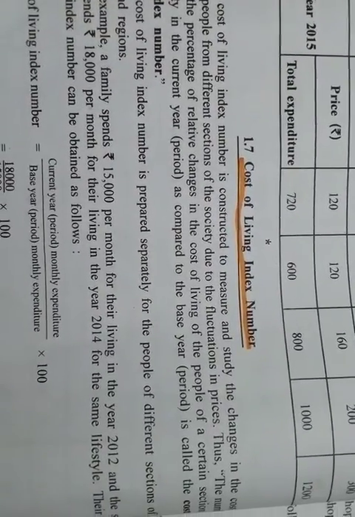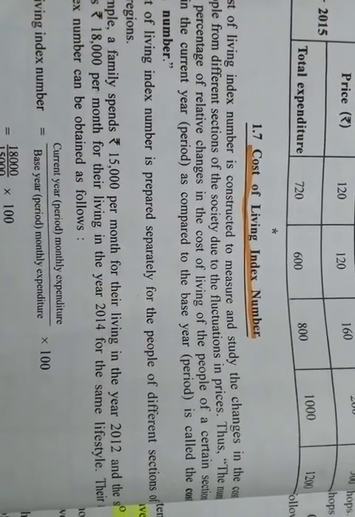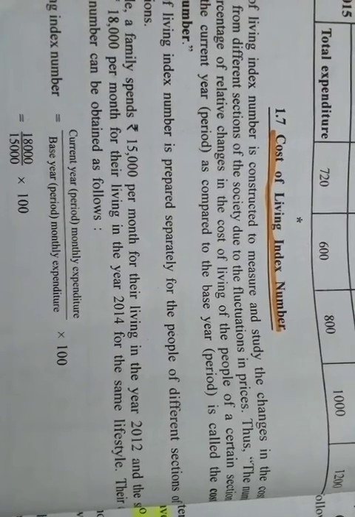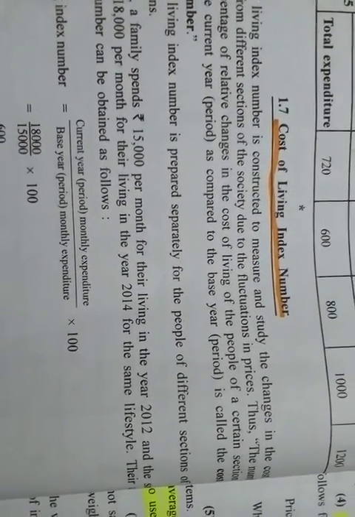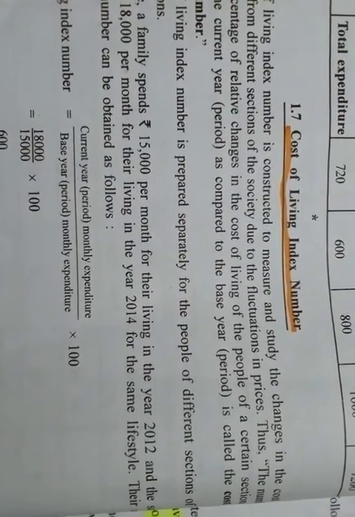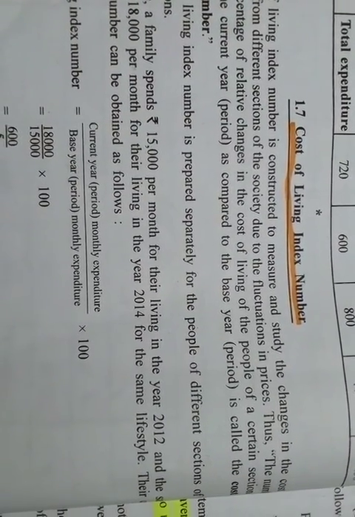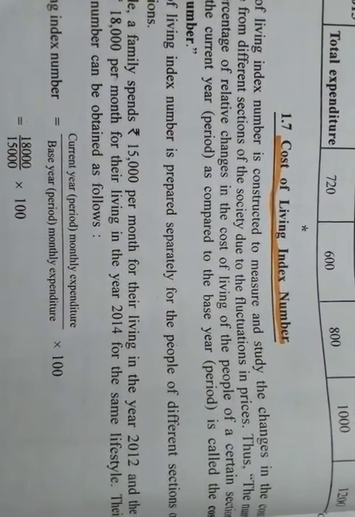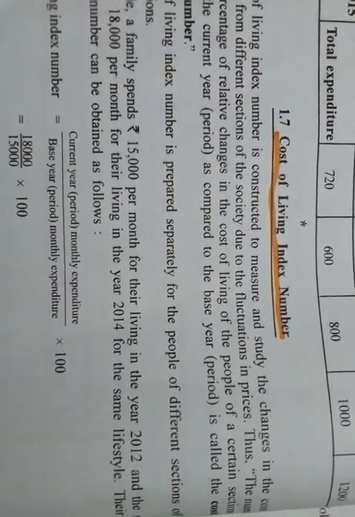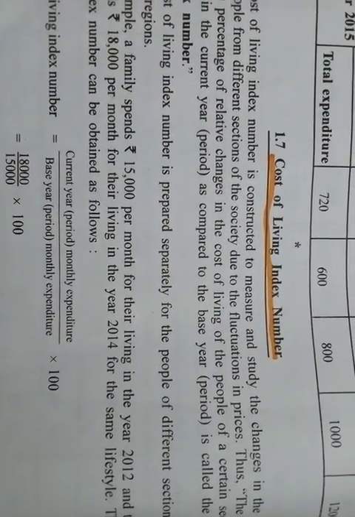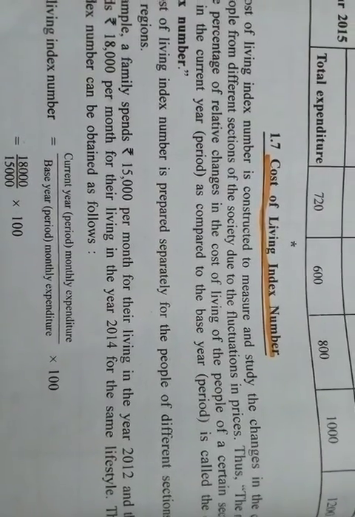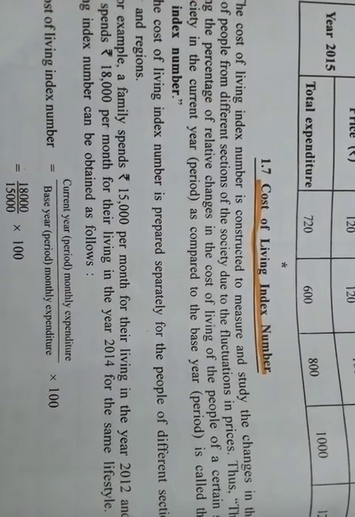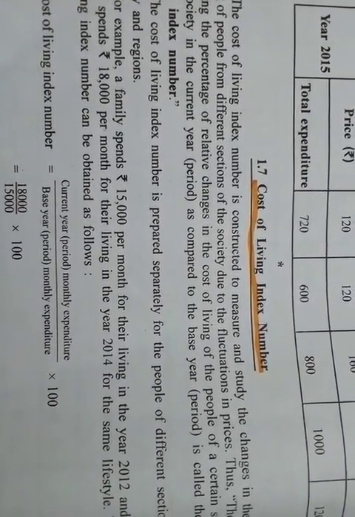Continuing with our discussion on index number, let's see cost of living index number. Before we enter the topic, let's find out what is cost of living. Cost of living is the cost of maintaining a certain standard of living. If we want a particular standard of living, we need a proportionate amount to maintain that standard of living. So there is some monetary cost, which is cost of living. And cost of living is different for different sections of a society.